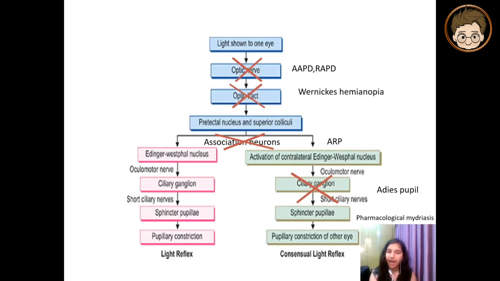I will be summarizing the entire pupillary light reflex pathway defects in one slide. So if there is a lesion in the optic nerve, then it can lead to AAPD or RAPD. If optic tract is involved, Wernicke's hemianopia. And if the association neurons are damaged, it can lead to Argyll-Robertson pupil. Or if the ciliary ganglion or short ciliary nerves are involved, it can lead to Adie's pupil. And there can also be